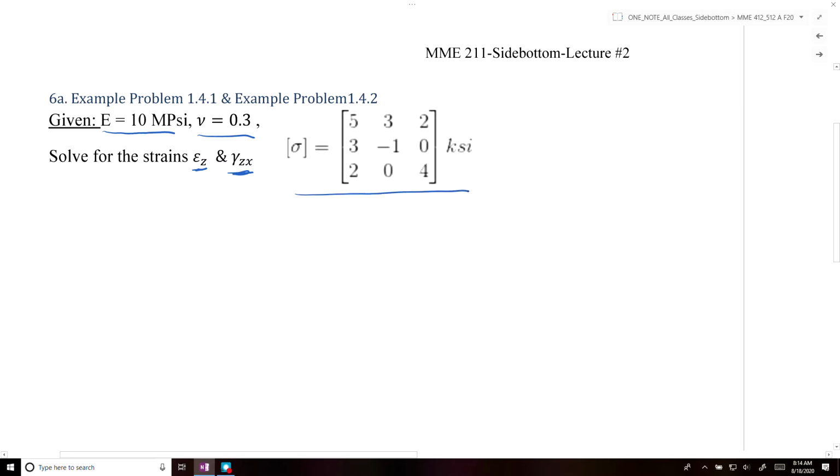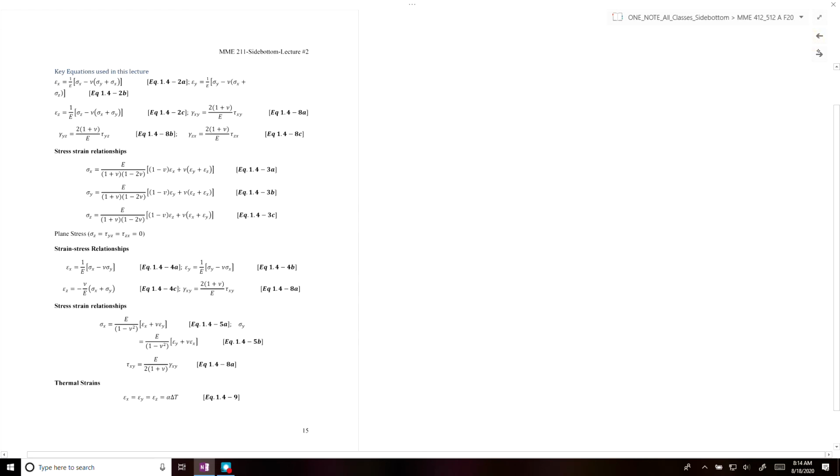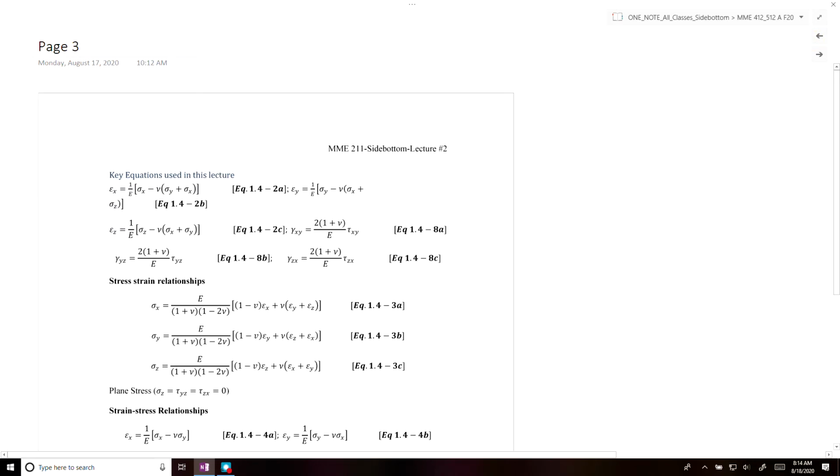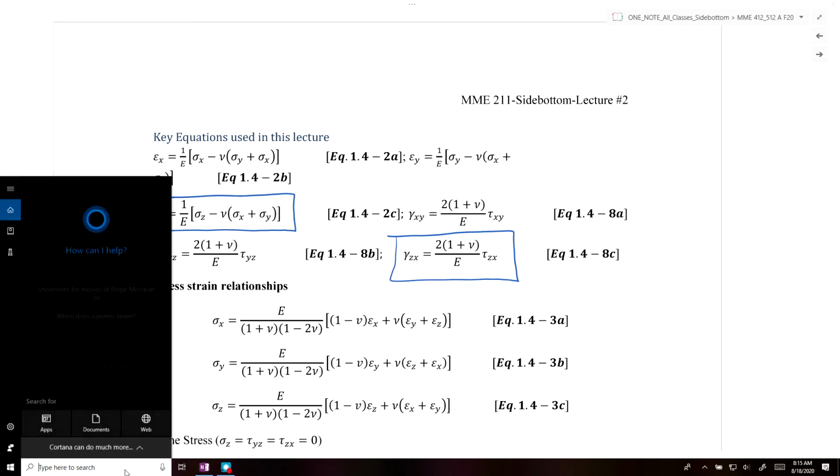The first thing we need to do is get our equations. We need the equation for epsilon z and the equation for gamma zx. So we can go back in our lecture packet and search out those equations. Here is our equation for gamma zx, and here is our equation for epsilon z. So if we just copy those two equations,